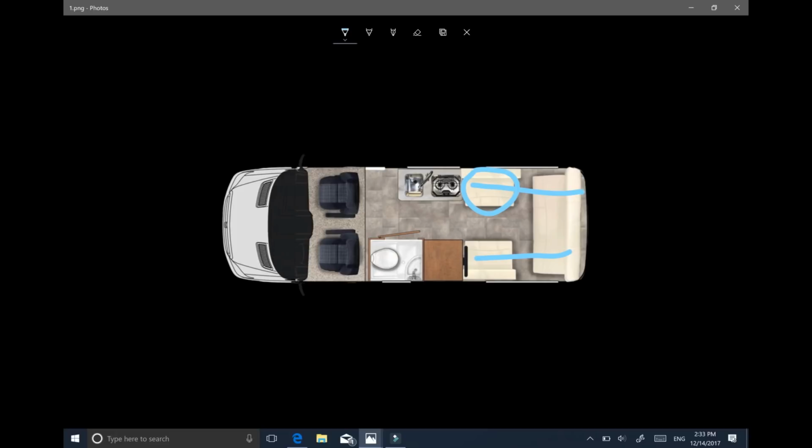Again, your mileage may vary. You may find that you want to have that wardrobe cabinet. You just got to do your checklist and then go try these things out, go lay in it and see if it works for you. Now let me talk a little bit about the kitchen since I'm here. On the